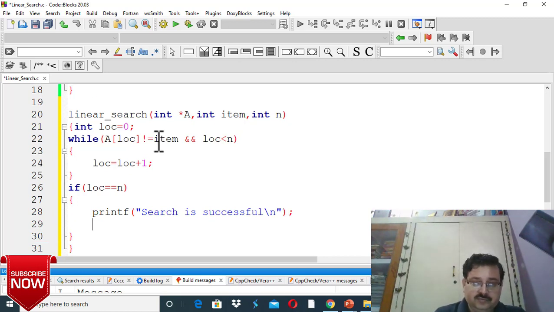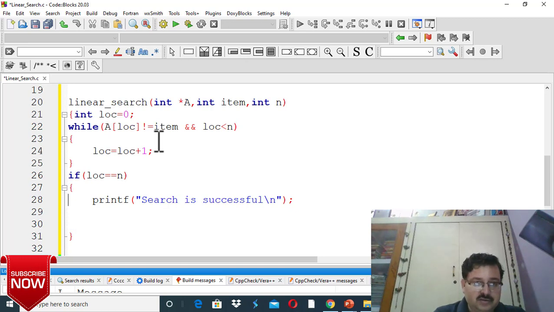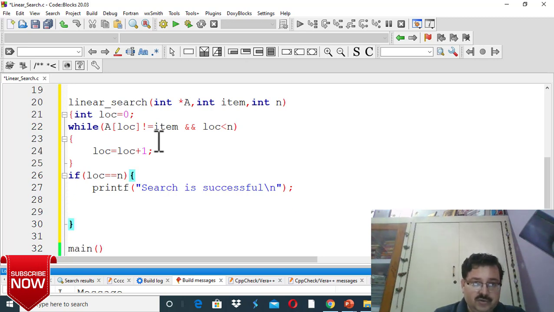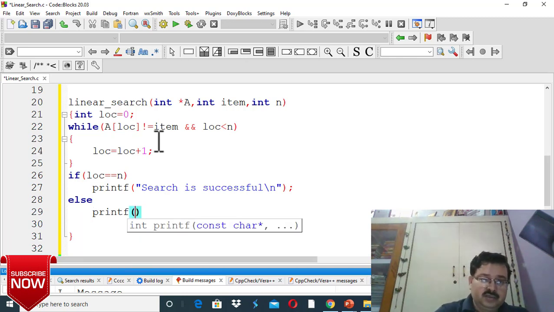Else, because we are taking a simple statement, no need to use the parenthesis. Else printf search is successful, or you can write element %d is found at position %d.